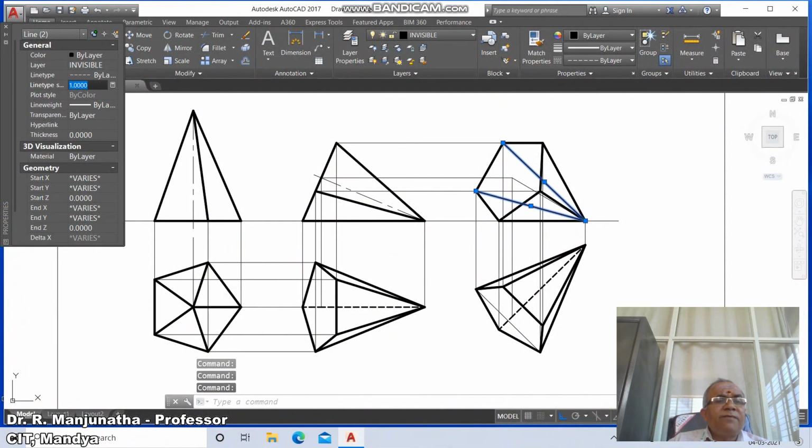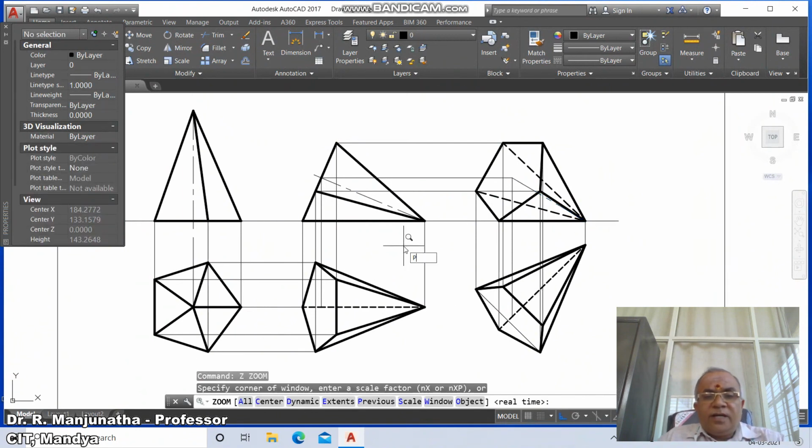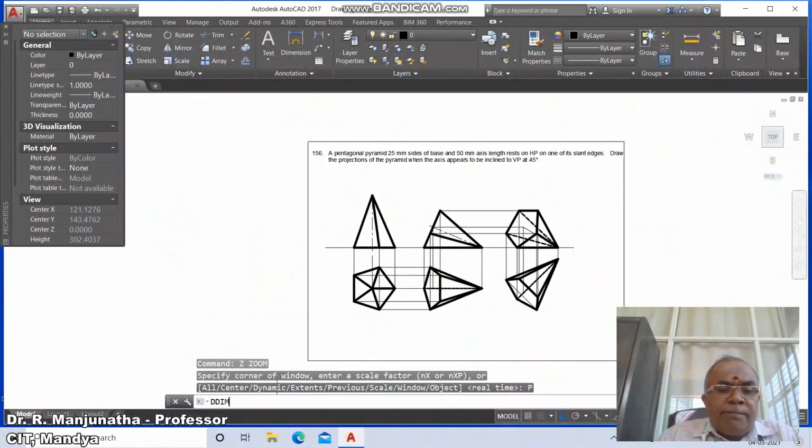Take the line type scale factor as 15, so you take this and make it 15. Similarly, then go to axis, click on this, go to layer, you make this as axis layer and take the distance as 10, then you take this as 10, then escape it, then go to zoom previous, go to DDIM,